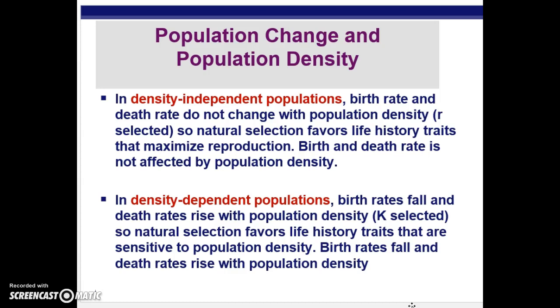So it's density independent. In that case, the birth rate and the death rate don't really change with the population's density. So natural selection is going to favor a life history trait that maximizes reproduction. So therefore, you're